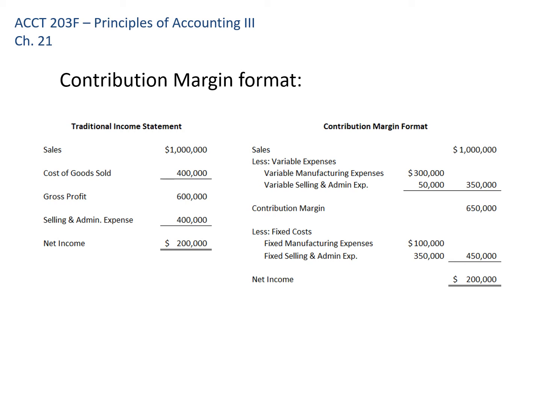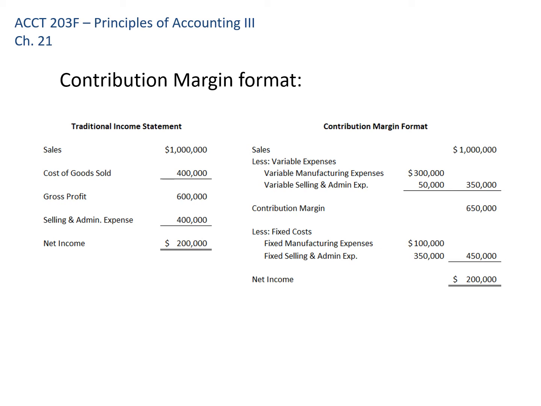So I subtract 350,000, that gives me a contribution margin of 650,000. Then I subtract my fixed manufacturing costs, which might be depreciation on machinery and plant supervisors, of $100,000, and I subtract fixed selling and admin expenses of $350,000, for $450,000. Notice that the costs are the same in both of these formats, and that gives me my net income of